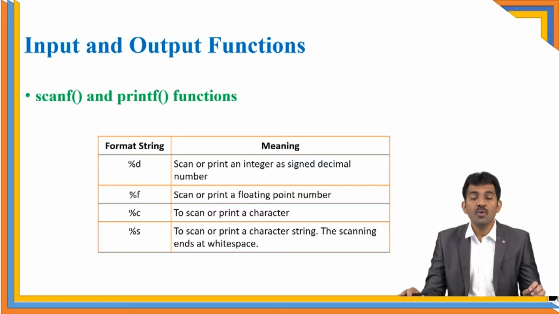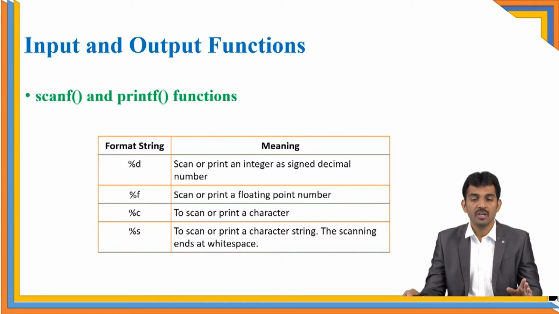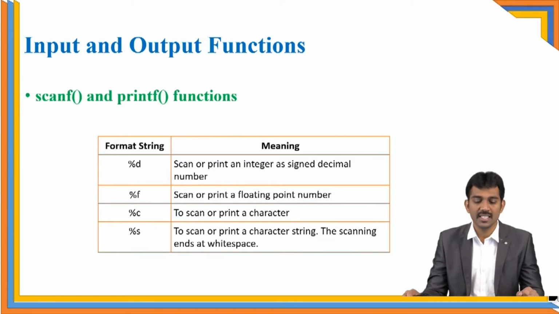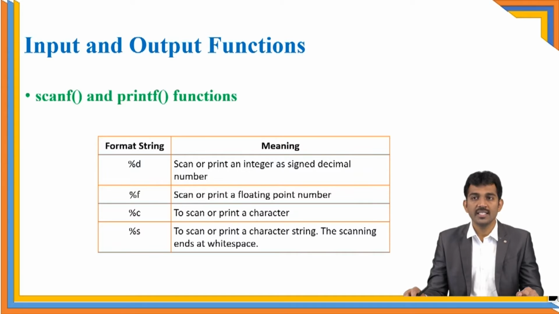For example, if you want to carry out your string data type, what kind of format specifier you need to use? If you want to carry out integer, what kind of format specifier you need to use? So the thing you need to know. Here I mentioned some format specifiers. For example, if you want to print or read integer data, then you should use %d.